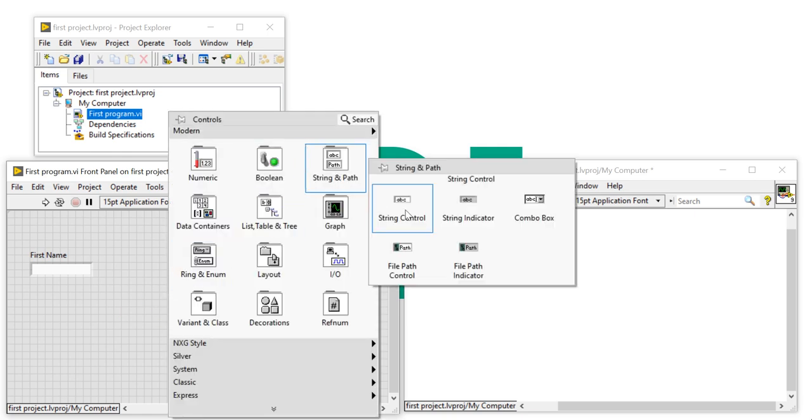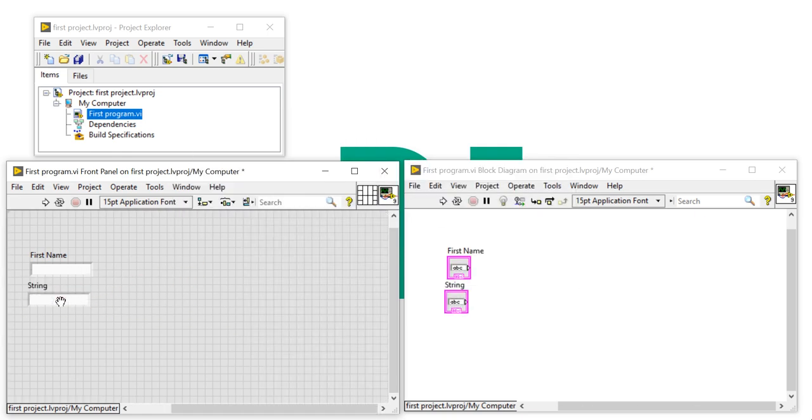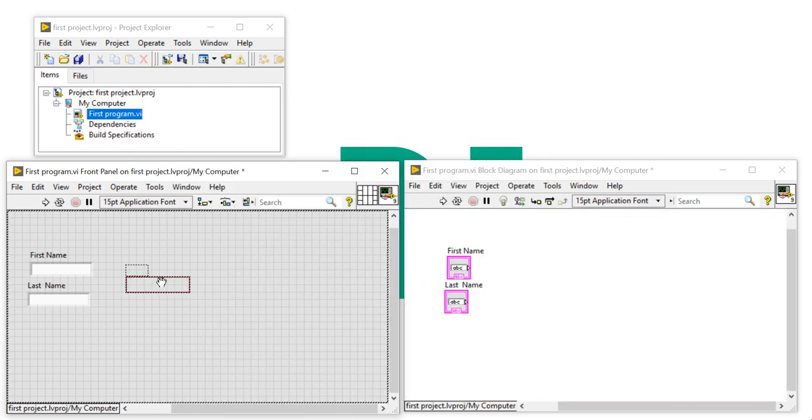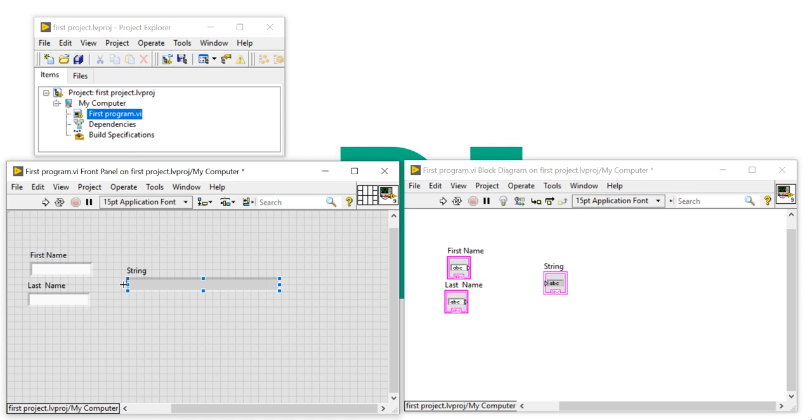Right click and take the same control one more time, last name. Take one more, an indicator, and rename it, full name.